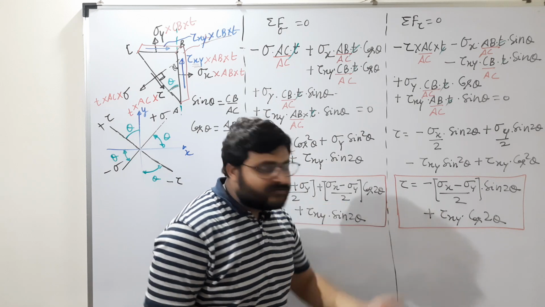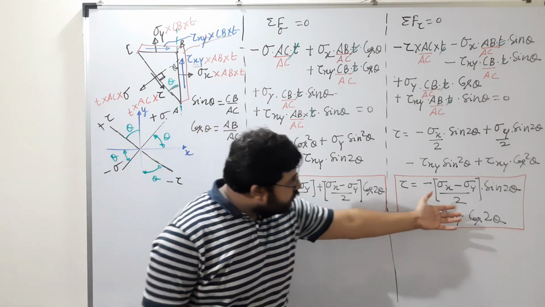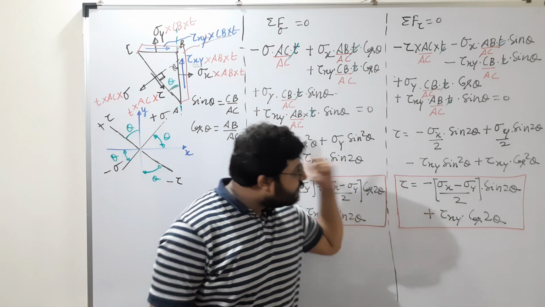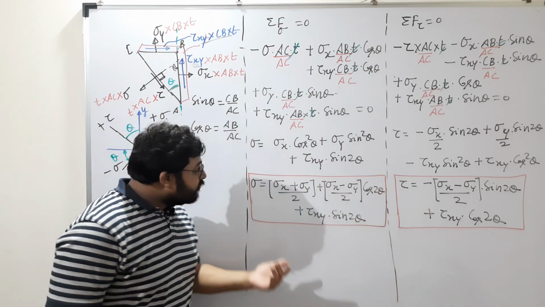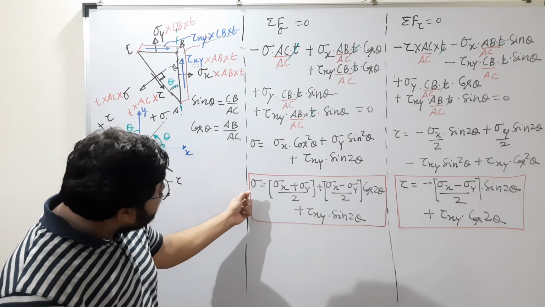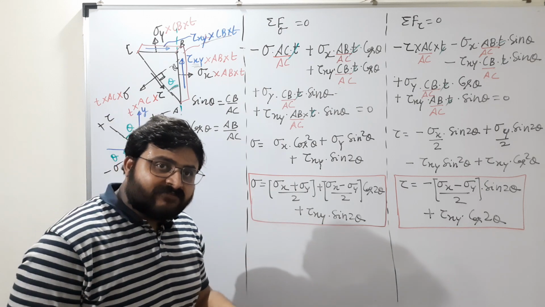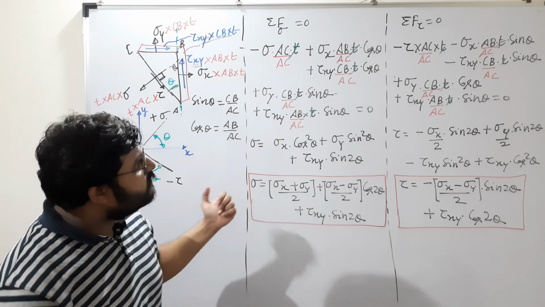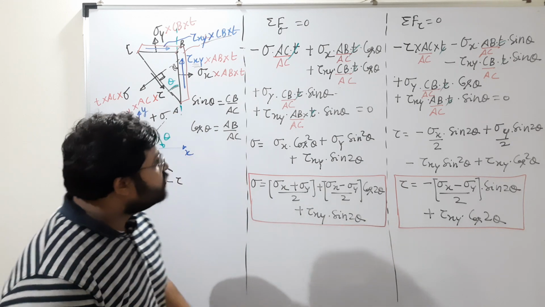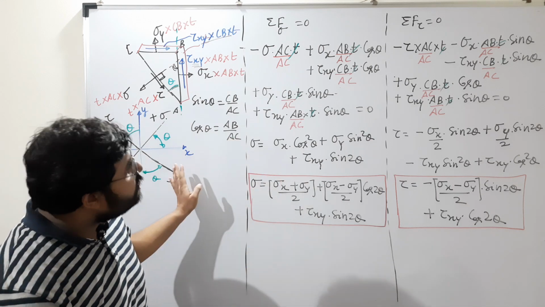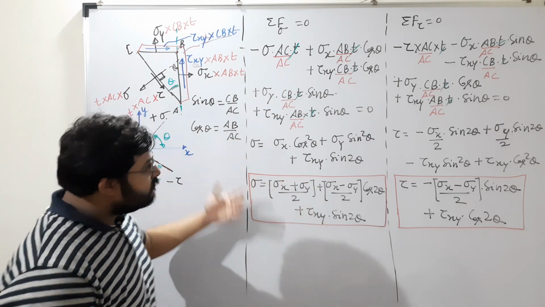The same thing is to be done with tau. With tau also, if you want to know the shear stress value, we can go for any angle theta and you will get the value of tau. What is the shear stress at that plane? But our objective was to find out when this sigma will be maximum. We were supposed to find out when this sigma will be maximum. So how can we do that? Just note it down first. Please note it down because I need to rub the board. Please note this.